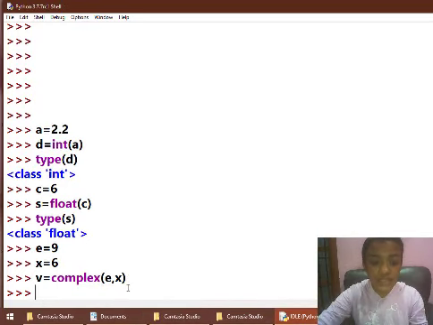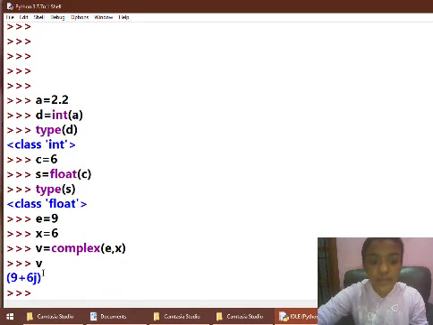Now when I press enter and type in v, Python converts the normal numbers into a complex number. 9 and 6 are just normal numbers, and since I have used complex, I get the complex number as the output. That's it. This is how you should convert normal numbers into a complex number.